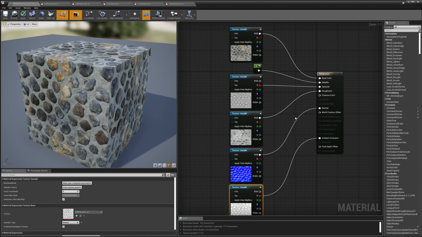Alright, so that's the basics of PBR. I hope you enjoyed this video. We're going to get into a lot more cool details on creating a lot of different surface shader effects in the future, so if you like these videos,